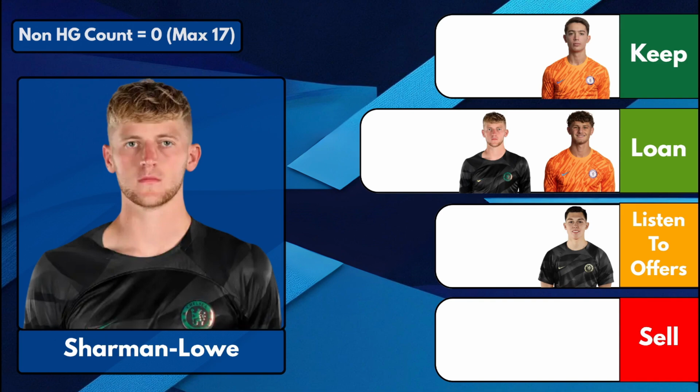I feel like he's a good level now in the league pyramid, letting him kick on in his career and keep progressing and getting game time. He's now an England under-21 international. He's in the Euro squad that are playing right now in the competition. So I feel like for his career, for his sake, a loan would be best for him to just keep kicking on, because